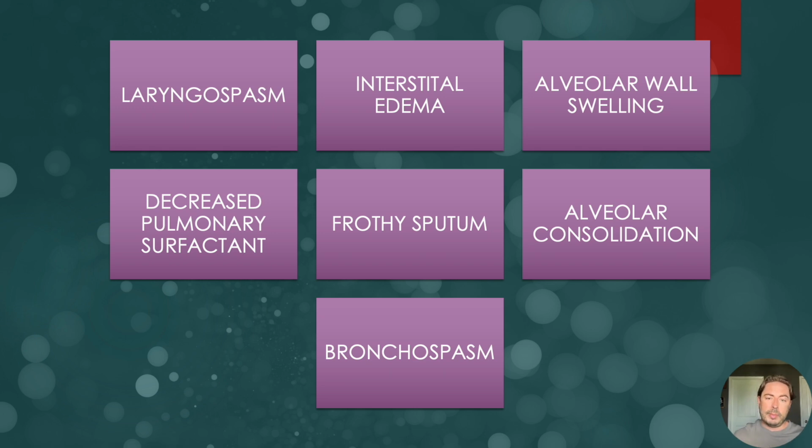So again, remember, your body has a phenomenal defense mechanism. It tries to keep any foreign body, any bacteria, any pathogen from getting into those distal airways. It's going to try to protect itself from those foreign bodies getting any further into the respiratory system. So you can have the laryngospasm up in the upper airway, and then bronchospasm down in the lower airways, secondary to the body saying, hey, I do not want this fluid getting any further.